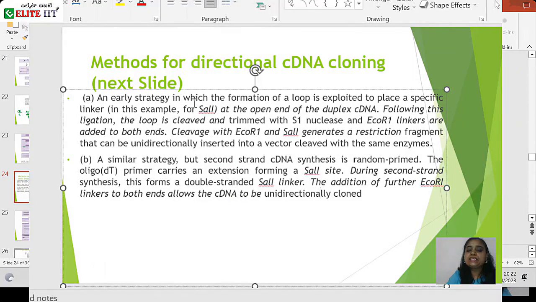An early-stage strategy in which the formation of a loop is exploited to place a specific linker, in this example say dT, at the open end of the duplex cDNA. Following this ligation, the loop is clipped and trimmed with S1 nuclease and EcoR1 linkers are added to both ends. Cleavage with EcoR1 generates a restriction fragment that can be